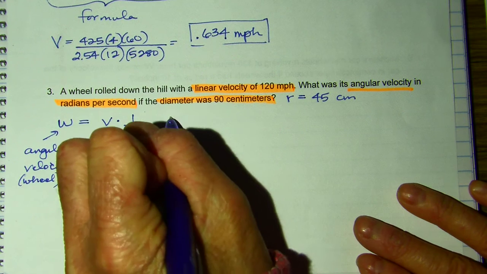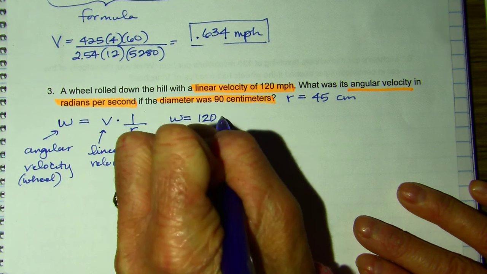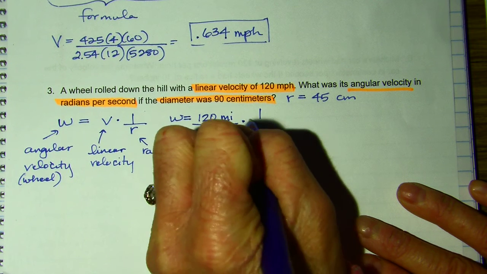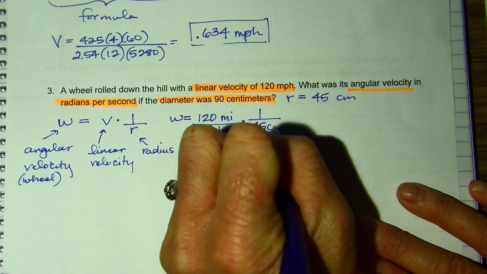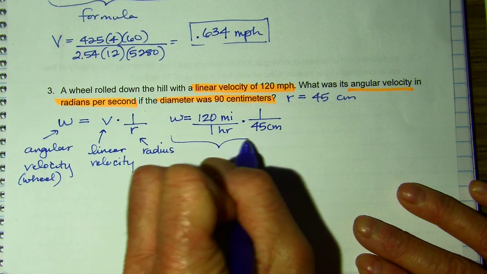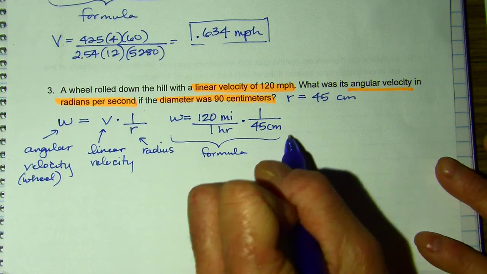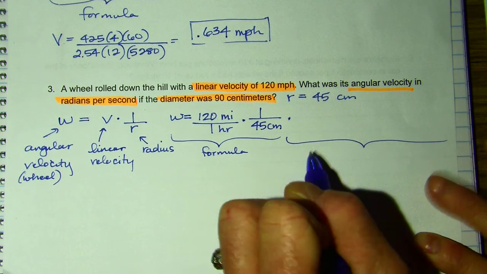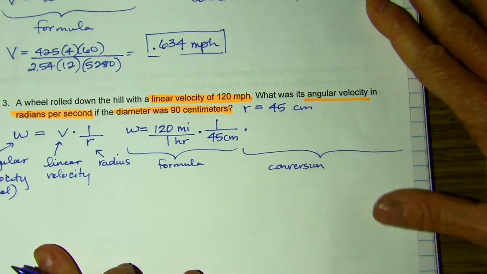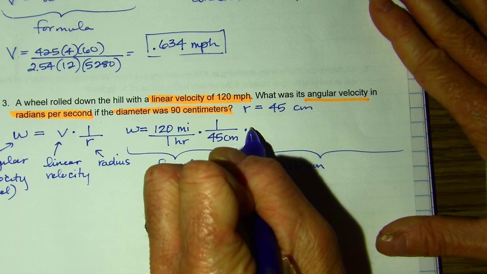Let's see if I can fit. If my linear velocity is 120 miles per 1 hour times 1 over my radius, which is 45 centimeters, so this is my formula. Now I have to do all of our conversions, and hopefully I can fit it. Otherwise, I'm going to be writing on another piece of paper. So I need to convert this to radians per second. So let's start with